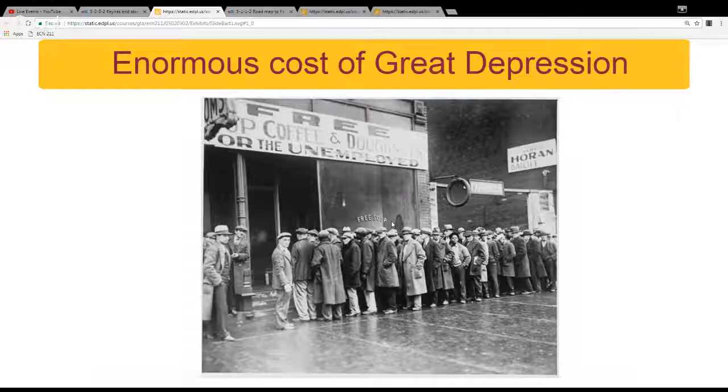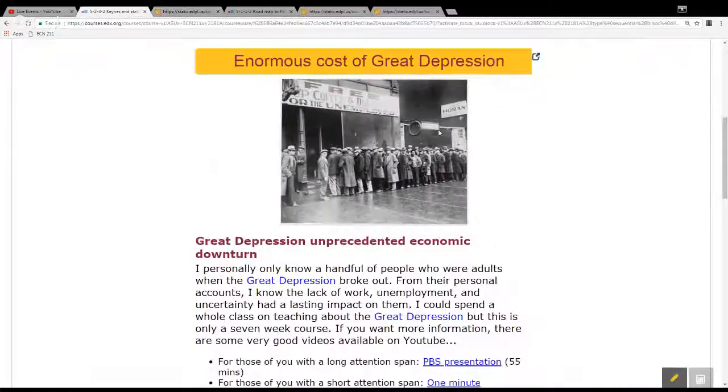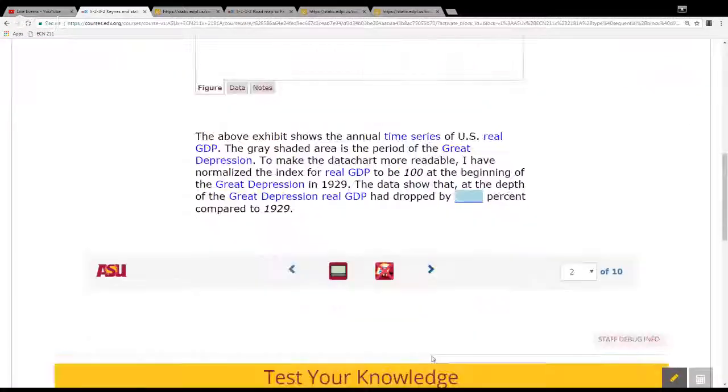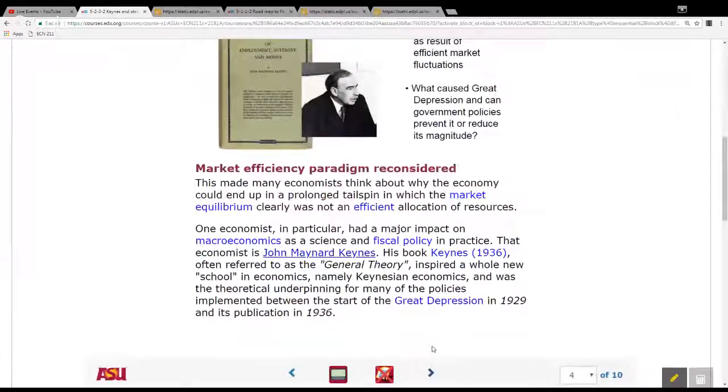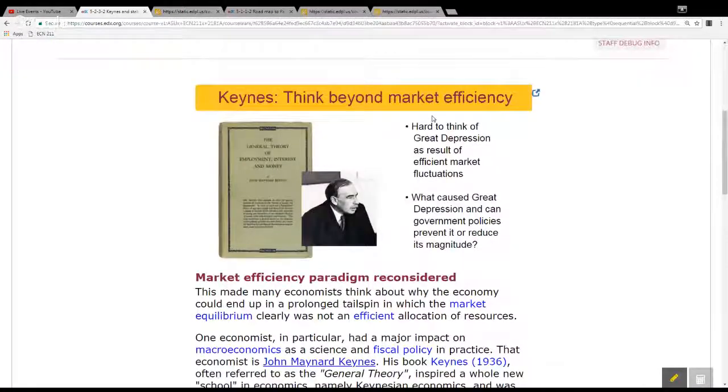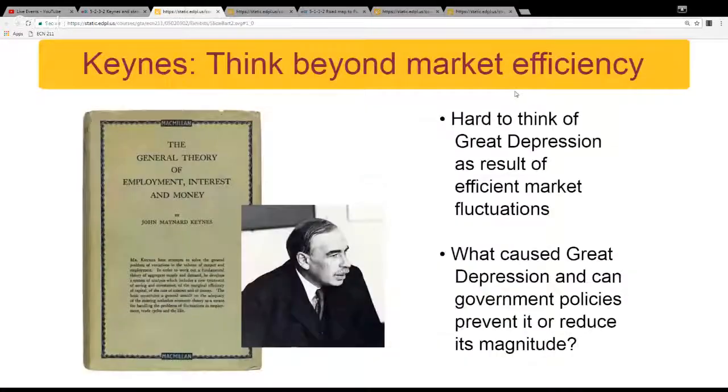So that's the most important thing to take away from what happened in the Great Depression. There was an economist called John Maynard Keynes who really, let me just pull him up for you. There he is. John Maynard Keynes, who really made the point that,